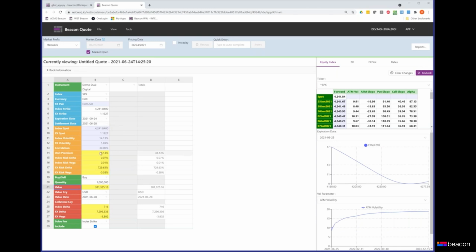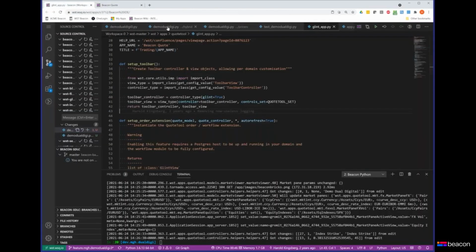Another interesting thing I can do is solve for functionality inside of Beacon Quote. So if I wanted to say, what equity index strike should I use to have the price be 40%? All these fields in yellow are ones that I can overtype and have it solve for. Down at the bottom here, it gives me the list of things I can choose to move around when I'm doing that solving. So for example, if I've got index strike selected, here's the current index strike. If I change this to 45%, then it'll solve for the equity index strike to make the price exactly 45%. The way I implement that in the code, if we go back here,